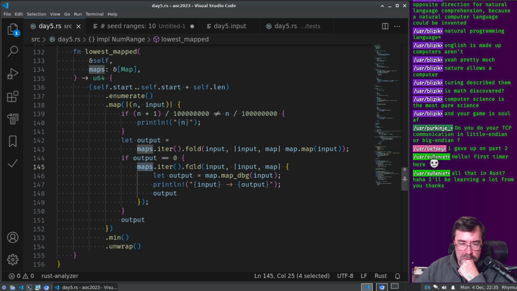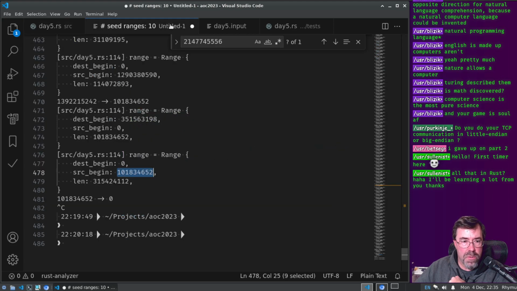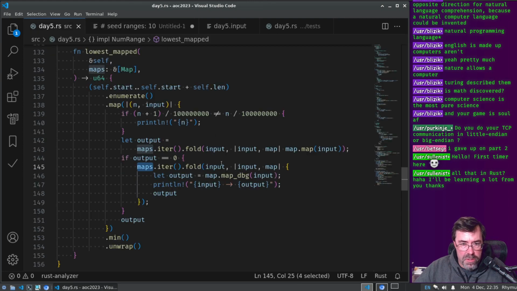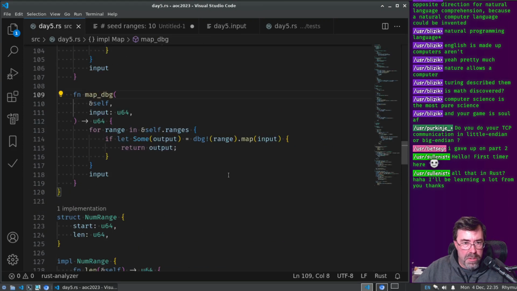Iter, fold. It should go through every single map, but it's not for some reason. It's going to the next to last. Hold on, map debug.